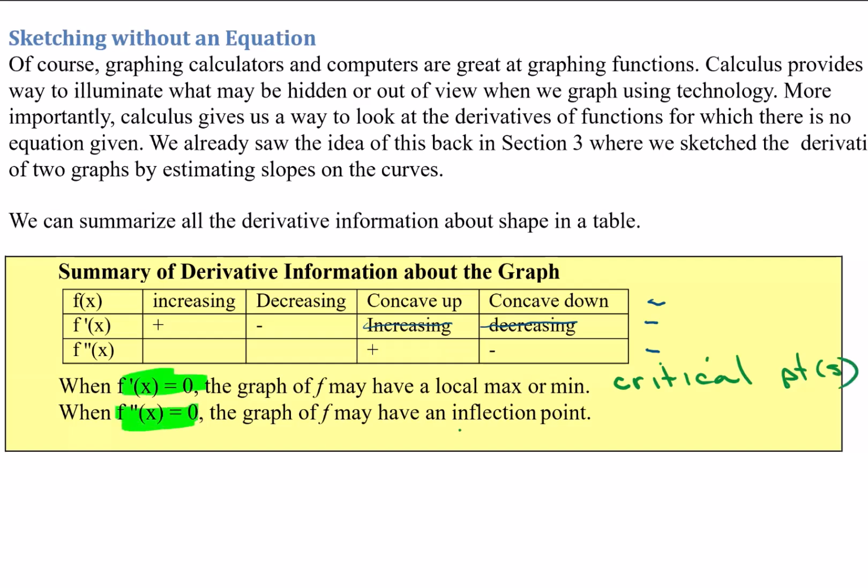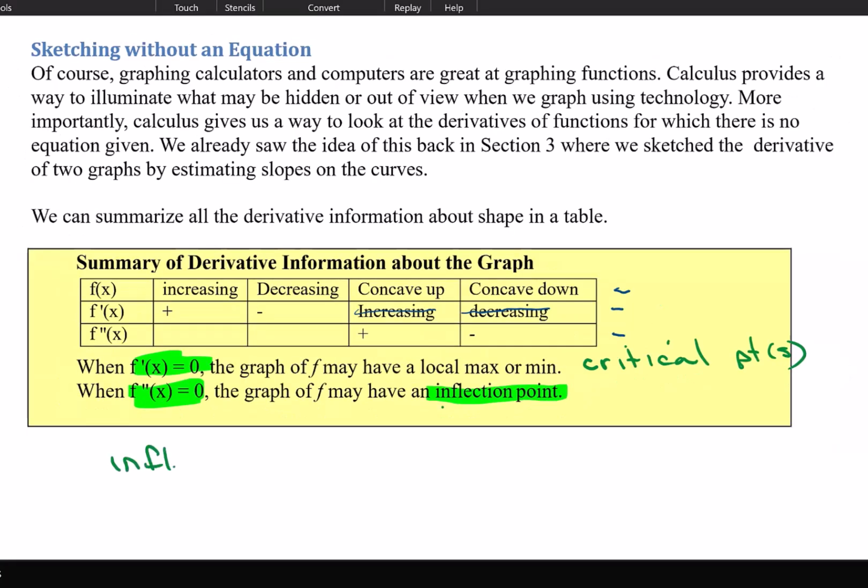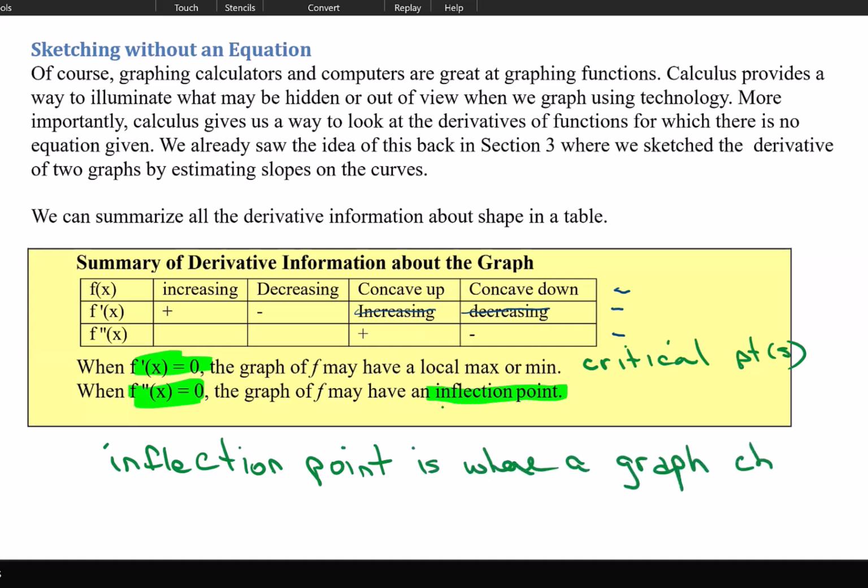When the second derivative, f double prime, equals 0, we have what's called an inflection point. An inflection point is where a graph changes from concave up to concave down,